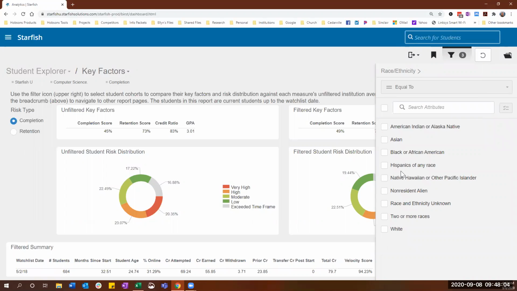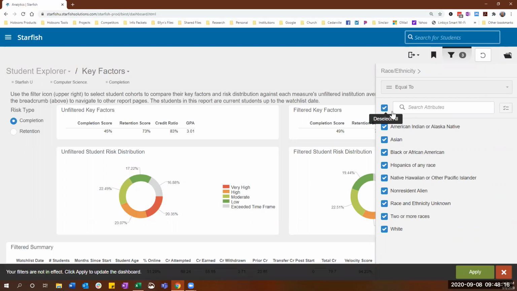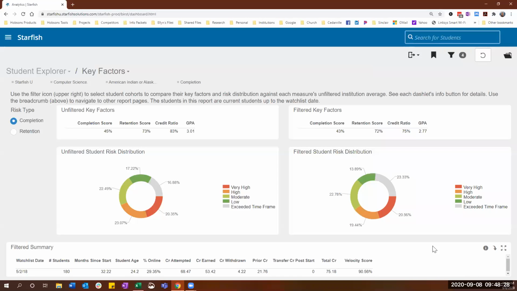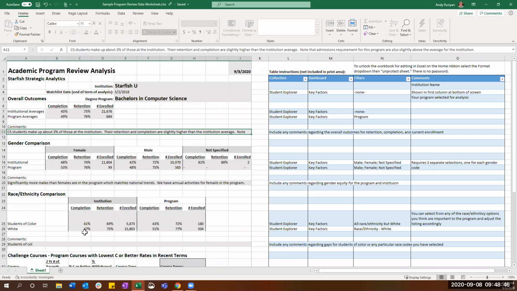And in this case, the comparison that I'm making for this particular spreadsheet is all students of color as opposed to white students. Quickest way for me to do that is check this box up at the top, which selects all of the items, and then come down and unselect white students, which then gives me all races with the exception of white. So I'm going to apply that, and now the information that I have shows me 180 white students in the computer science program, and I have their completion scores and retention scores off of the filtered key factors. I can then take that back to my spreadsheet and plug that in for